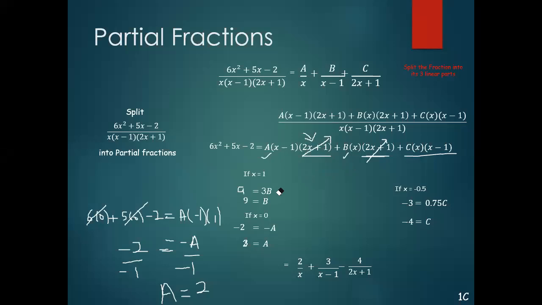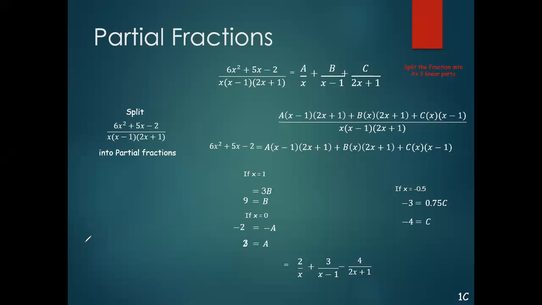So this will give us, we are letting x be equal to minus half, which is the same as negative 0.5. Okay, so in our expansion, let me clear the screen first. So in our expansion, we'll have 6 times minus half, squared, plus 5 times minus half, minus 2, equals to, like I said, this one goes to 0,